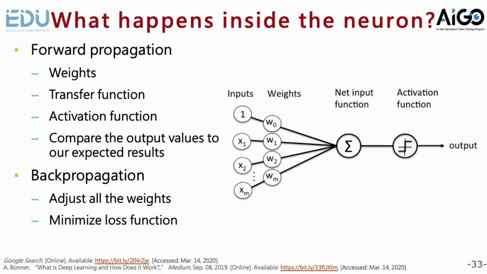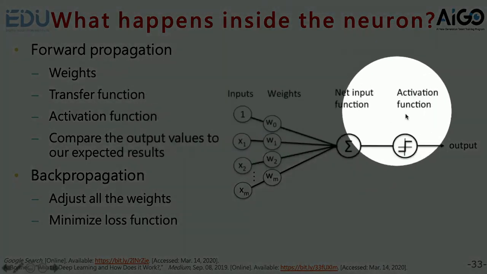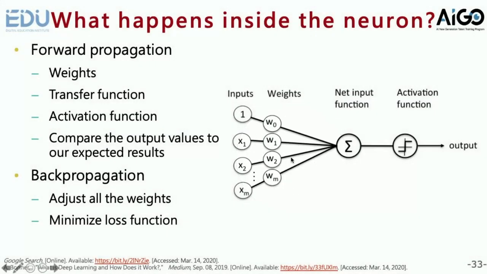Okay, and what happens inside the neuron? We know that in this example, this is the feed-forward neural network, and for the forward propagation, we have weights in each neuron, and we have transfer functions and activation functions inside each neuron. We can compare the output values to our expected results, then use back propagation. The function of back propagation is very much like the learning behaviors we have, but